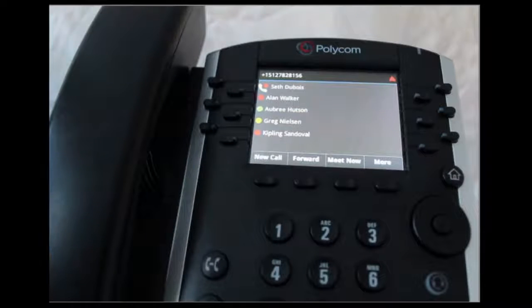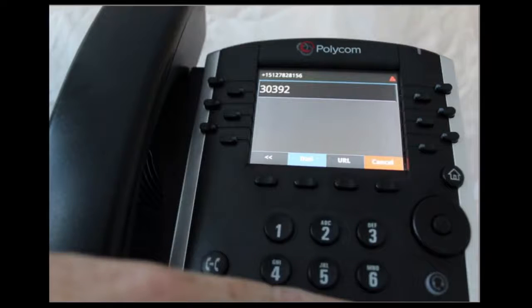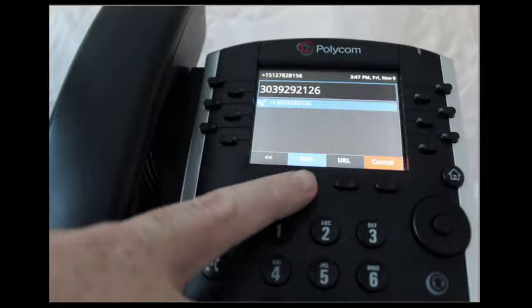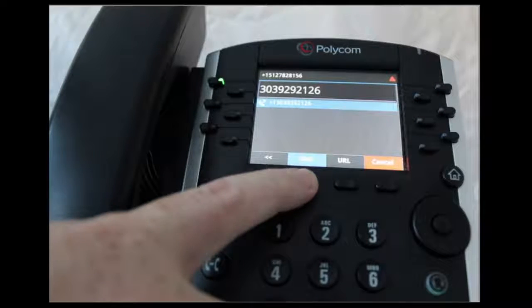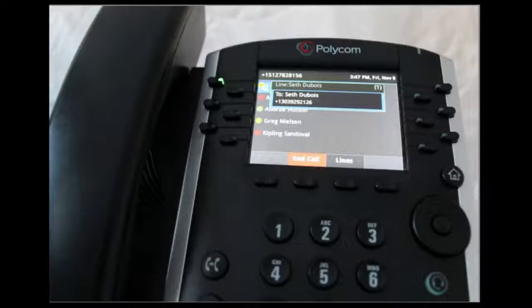Also, if I'd like to dial a 10-digit number to get an outbound phone call done, all I need to do is dial that number. I can either pick up the handset or I can push this dial button here to initiate that phone call. Once the call connects, you'll see that there are more options for us to interact with that phone call here